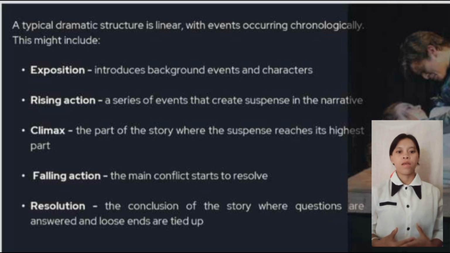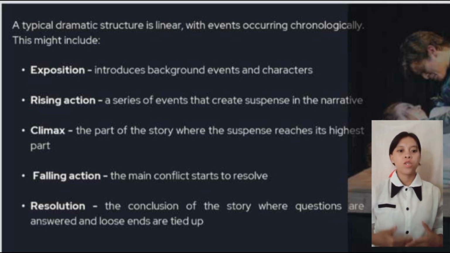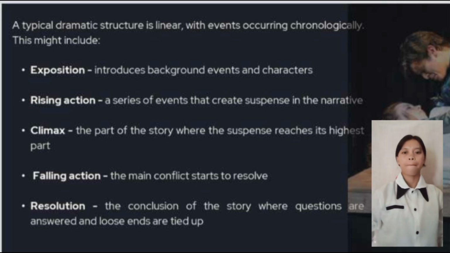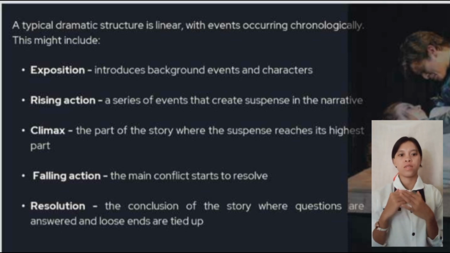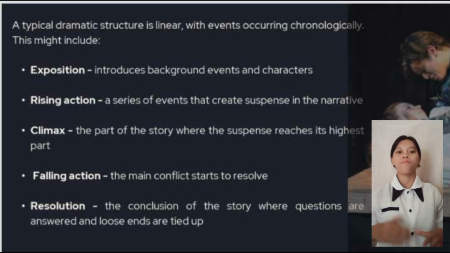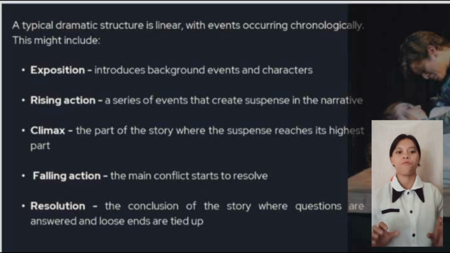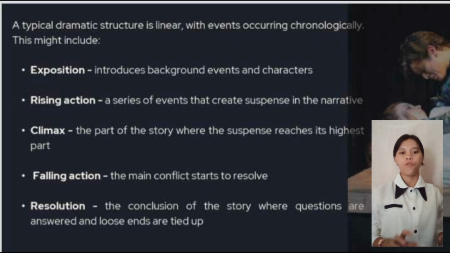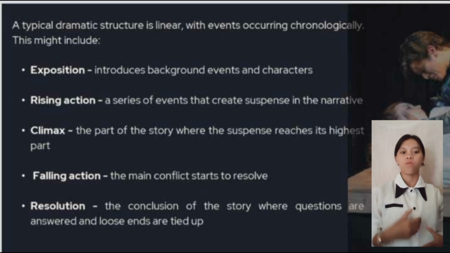So the second one is a rising action. A series of events that create suspense in the narrative. So a rising action is a key element in a story's plot that occurs after the introduction and leads up to the climax. It involves a series of events or conflicts that build tension, develop characters, and move the story forward. So the rising action is essential because it creates suspense and engages the audience by gradually